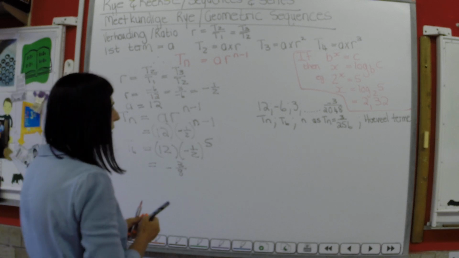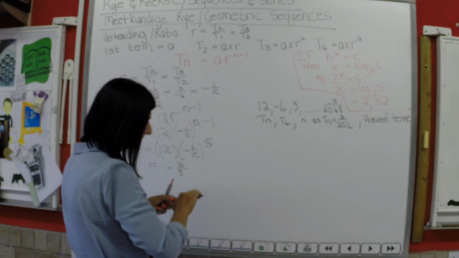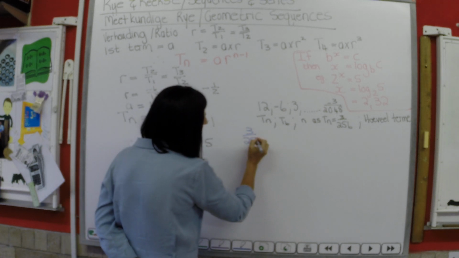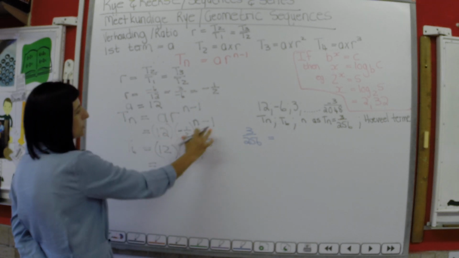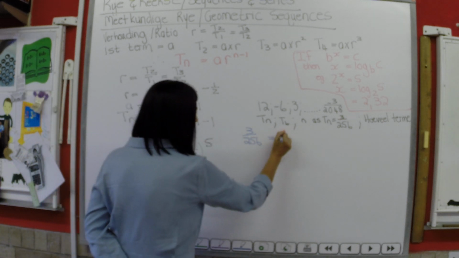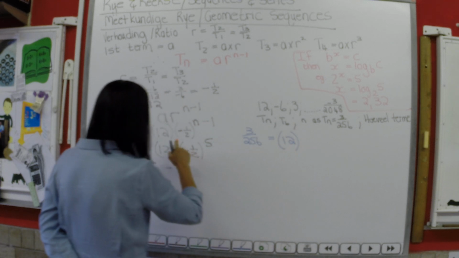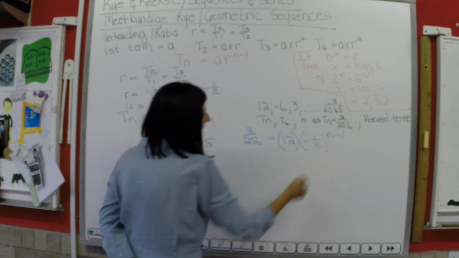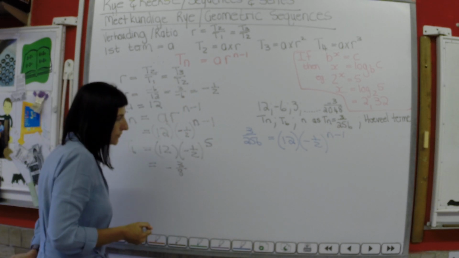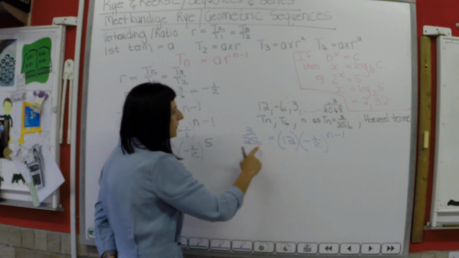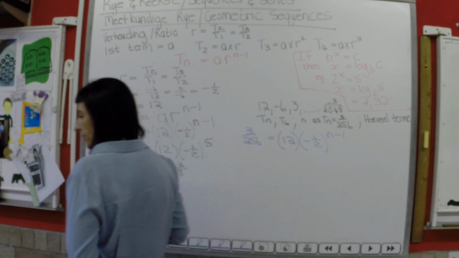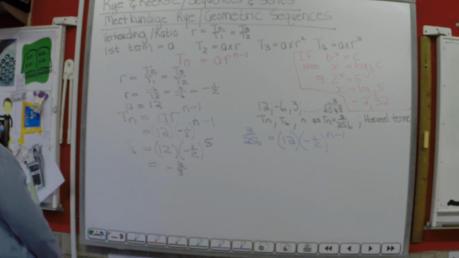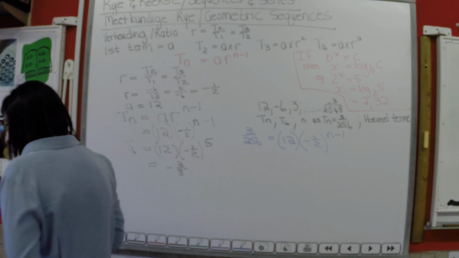Kom ons gaan kyk, I've got the value of Tn. The value of Tn 3 on 256 en ek het mos my standaard vergelyking klaar uitgewerk of ek het my formule uitgewerk en hy is minus 1 half tot die mag n min 1 en nou kan ek, kom ons kyk na die algebra hierso. Goed. Ek gaan die 12 oorvan en word hy 'n deel. So ek gaan in my sakrekenaar 3 op 256 deel met 12. Nou as jy dit doen, dan kry jy